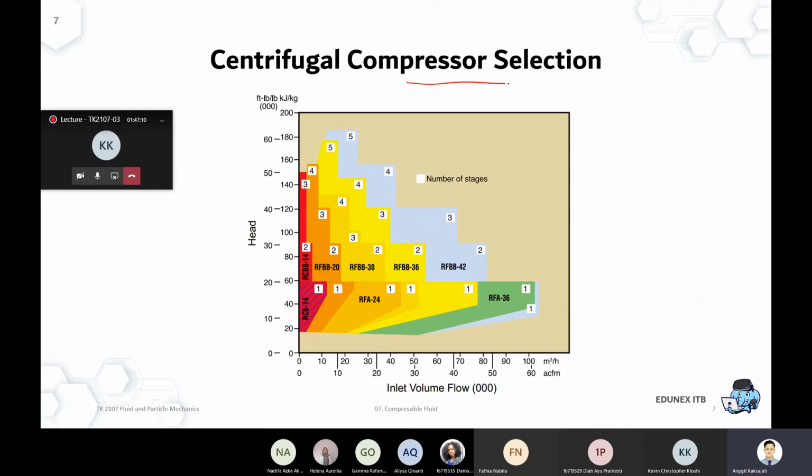Selection, again, is just like with a pump: you go to a brochure, you go to a compressor supplier, find the correct type and the correct series. Based on your requirement, you calculate the pressure change and head you need, you know the flow rate and the head, then just find the intersection. For this brand, I'll go with this series, and so on.